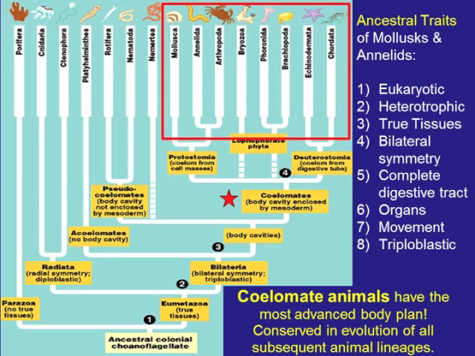Let's take a look at the ancestral traits of mollusks and annelids. Well, they're eukaryotic. Makes sense, they have a nucleus in their cell. Two, they're heterotrophic, so they're going to eat other things rather than making food for themselves. Except for